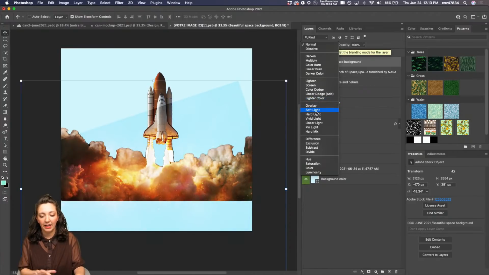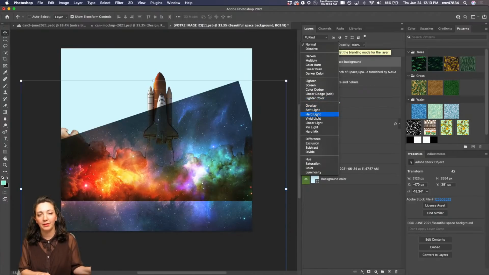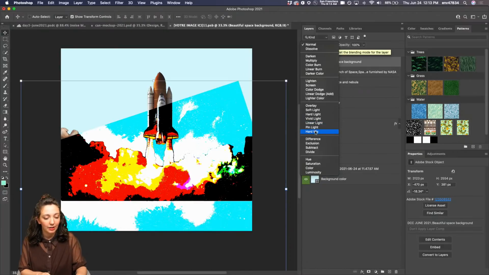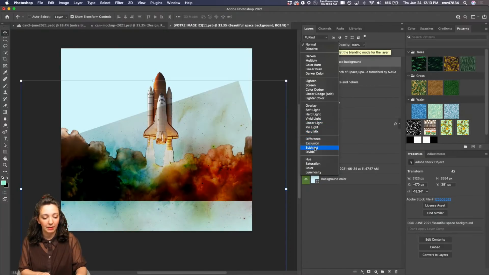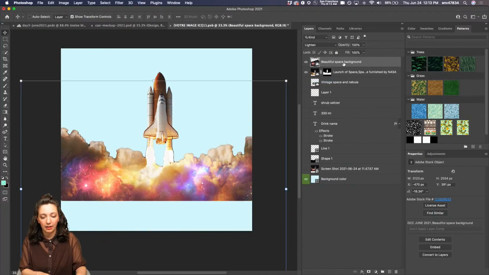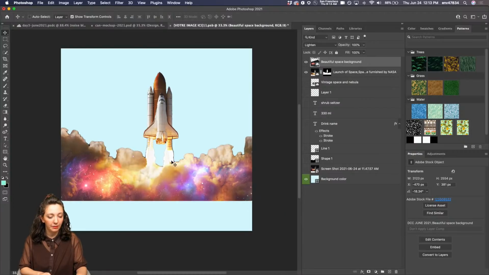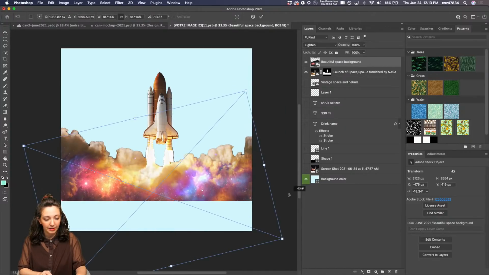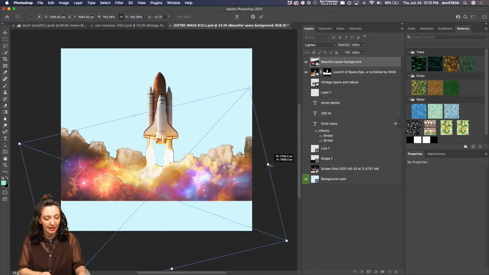Changing the blend modes of a layer is like the quickest way to make a double exposure image. You just lay an image on top, change the blend mode, and boom, you have a nice double exposure. So let's go back to lighten. And from here, I'm going to use my move tool again to move where I have this going, finagle it in the perfect position, maybe increase the size a bit,